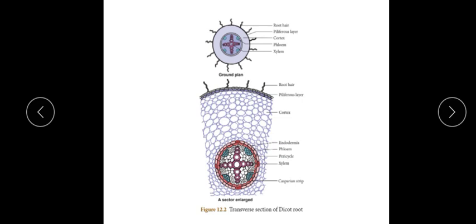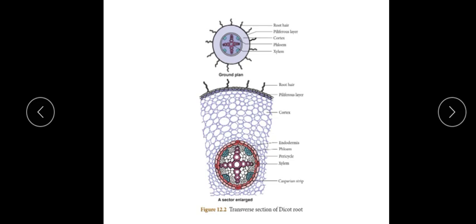Okay, and next, the xylem is arranged in such a way that you can see the largest xylem is facing the center. Have a look at this. You can see the largest xylem is facing the center and the smallest xylem is facing the periphery. Periphery means outside. Such a term I also explained for you in the last class. Such a term is called exarch. I repeat now: the xylem is exarch and tetrarch.